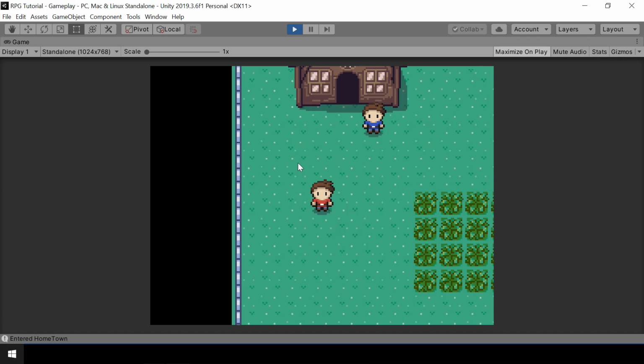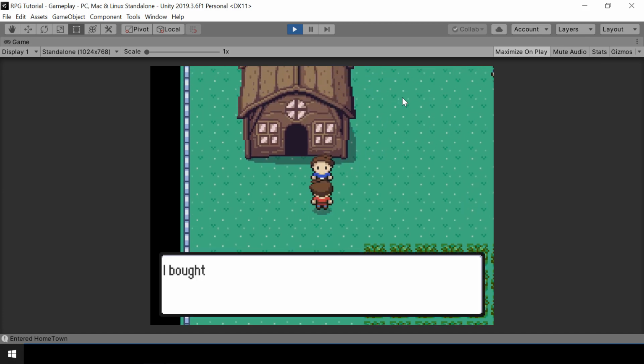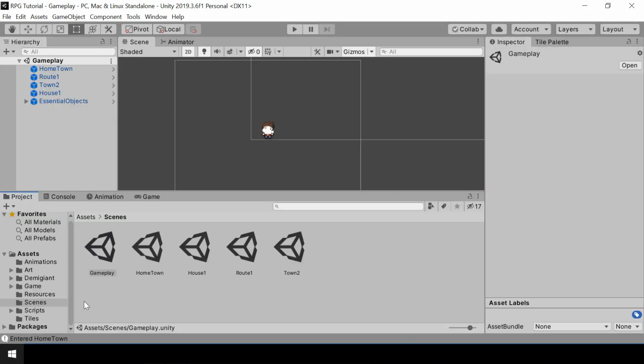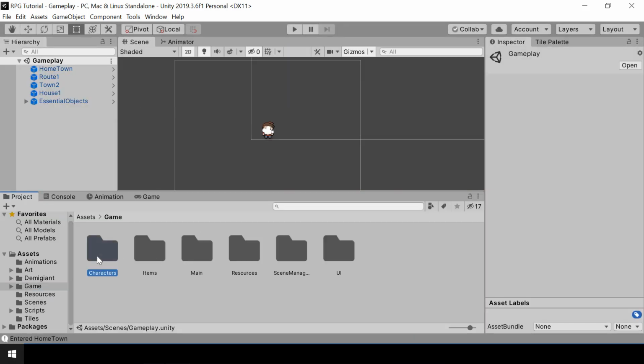Next, we need to do the same for the item giver. We need to save whether the NPC has given us an item or not, right? Once the NPC has given us an item, we should save that state while saving the game. So let's go ahead and do that. First I'll open the NPC prefab,